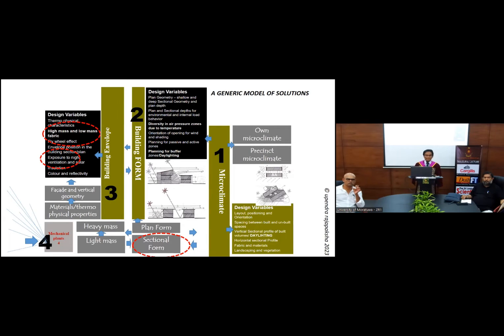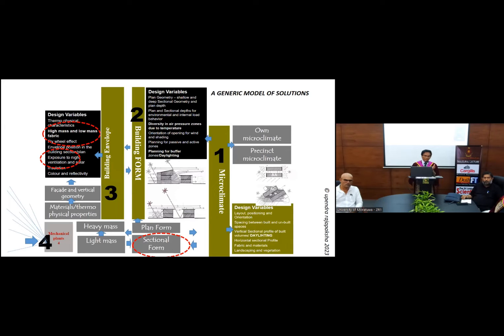Then come to the next level, building form, building plan form and sectional form. Now the two images there, just focus your eyes on the two images in the center, the building form category. The lower one is a cross section through a courtyard building. The courtyard is in the center and two massings on the two sides, ground floor and first floor. The courtyard gets direct sunlight, which is unnecessary. So how do we improve this design solution to have more shading on the courtyard and around the building?